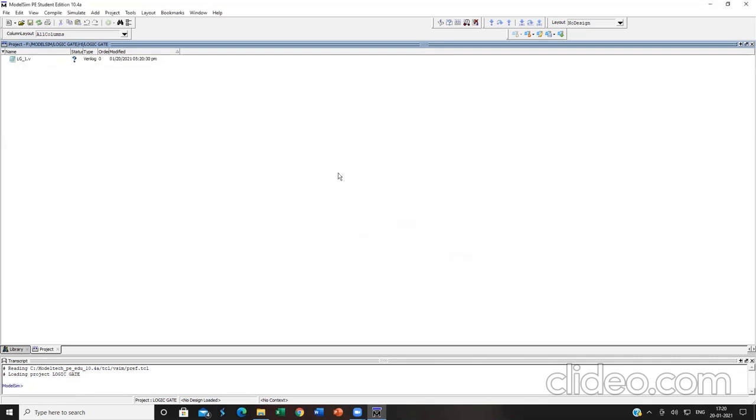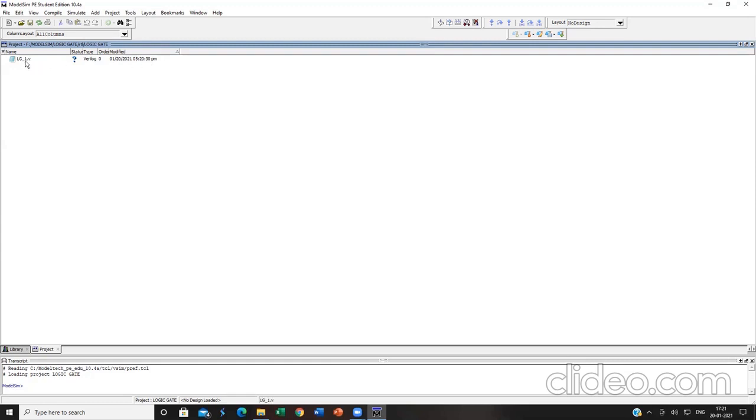Now close this. Here LG_1.v will be formed. This question mark means it has not yet been saved. Here it will order the files according to your loading. Suppose there are multiple files and you want to instantiate a particular module, instantiate meaning creating a copy of your module. At that time it will order them in ascending order 0, 1, 2, 3. That is called the order. Modified will show the date and time at which the file was created.